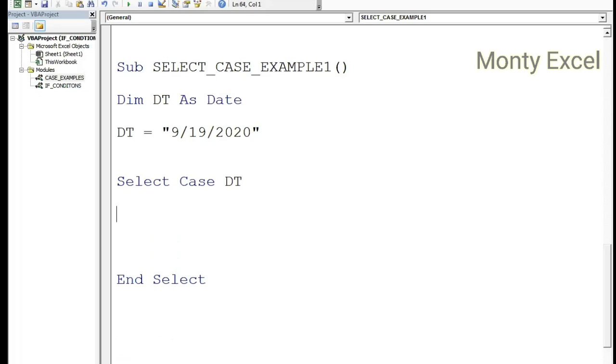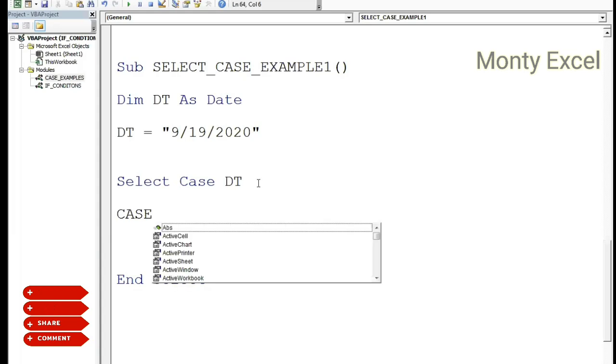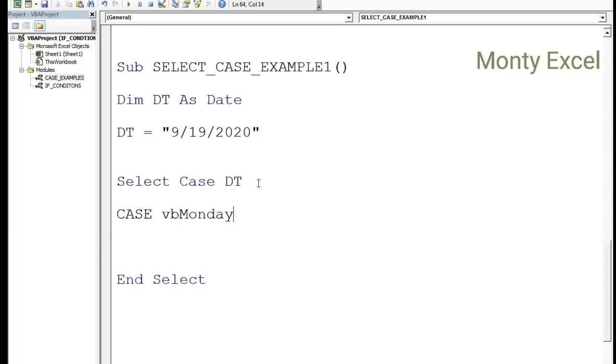So select case dt. Then I want to say case. Here, instead of using 7, if it is a 7, I want to say it is Monday. If it is 6, it is Tuesday. Instead of saying those with the numbers, let's try to use the default keywords which are there in the VBA library. So vb, I want to say Monday. Excellent. We have vbMonday. So if the case dt, if this day is falling under this Monday, then it will say it is Monday, right? So message box,